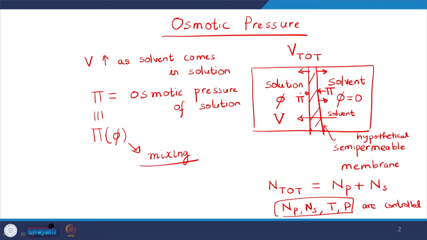So, let us say, for example, if the solute likes the solvent, or if the solute wants to mix in the solvent, then it will tend to increase its volume, because only then can the solvent come from the other side of the membrane, right. So, therefore, whenever we have a case where we tend to favor mixing, the volume has a tendency to increase, and therefore, the pressure is large.